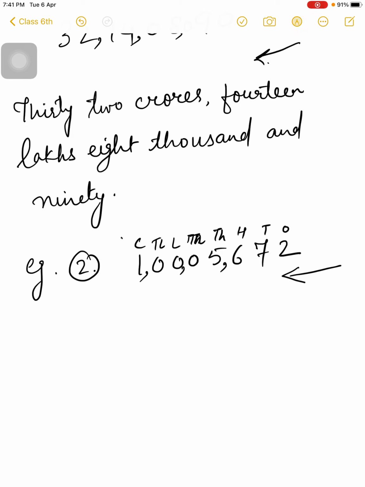Now you can read the number easily. If you write the place value above the number, then you can read the number names easily. So it is 1 crore. 10 lakh and lakh digits, beta, there is 0, so you don't read this.